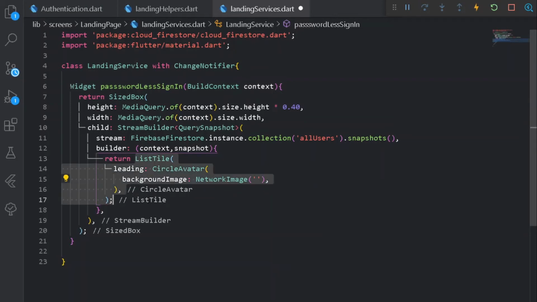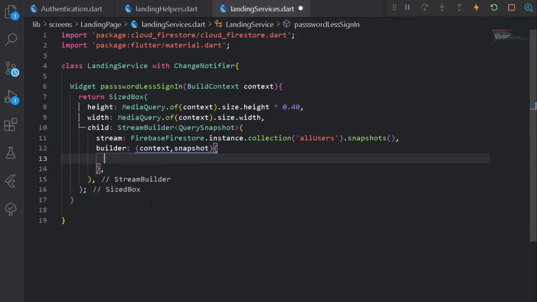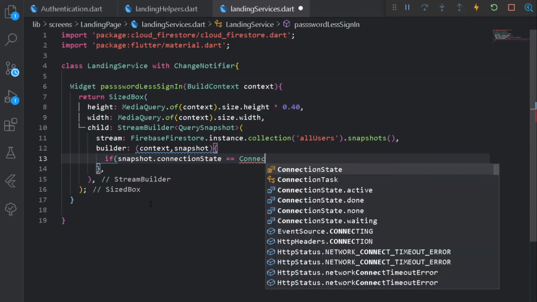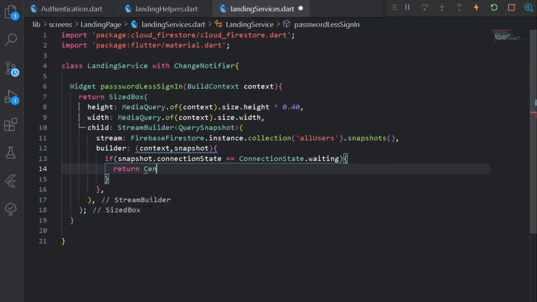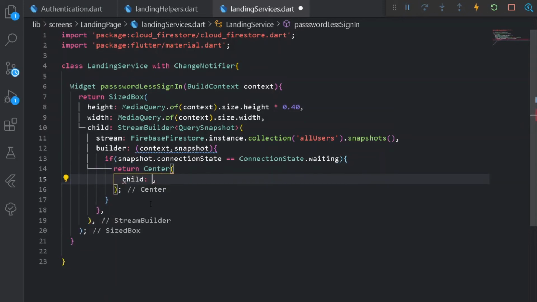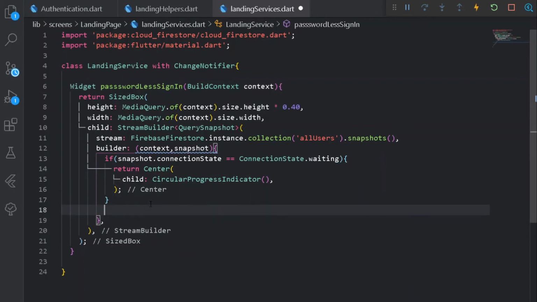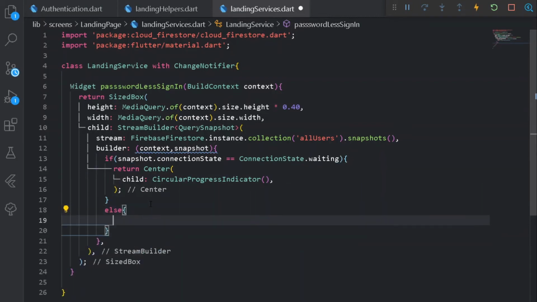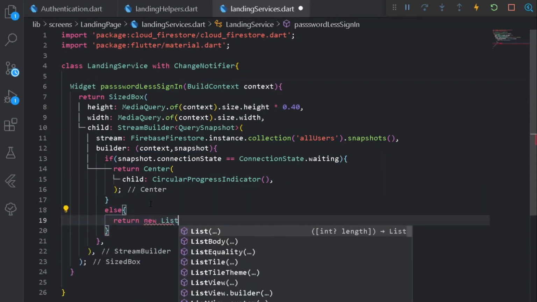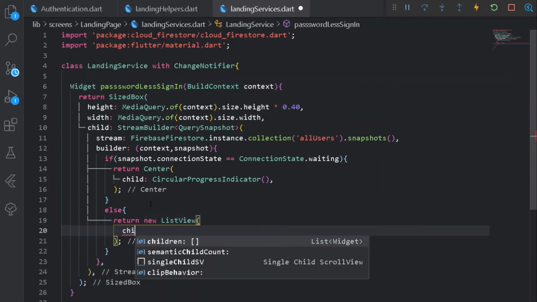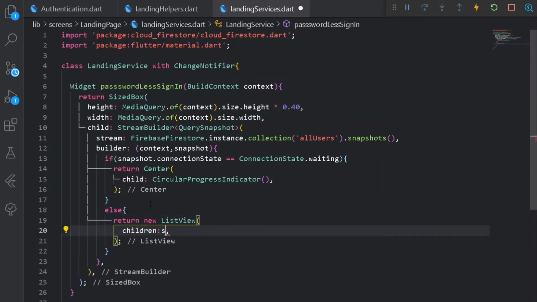But for that, I shall be simply removing the following list tile from here and also adding an if condition for a snapshot of waiting state. So here if the connection state is waiting, we shall be returning a center, and under the following center we shall be having a child for circular progress indicator. But if we have all the data, I shall be returning an else statement to return a new list view. So under the following list view, let's have all the children. The children shall be nothing but